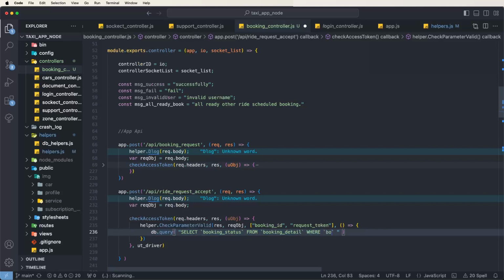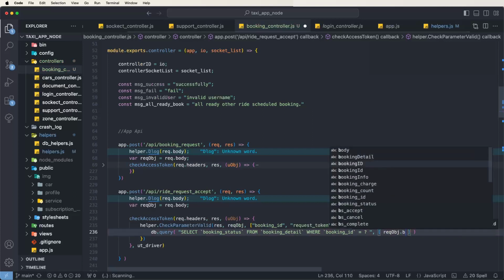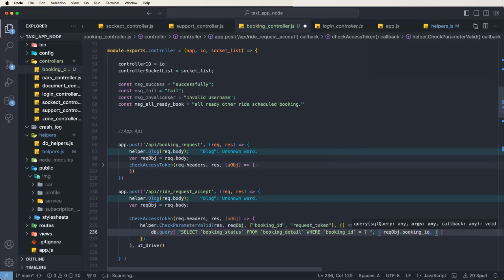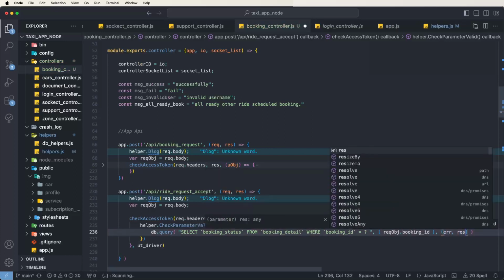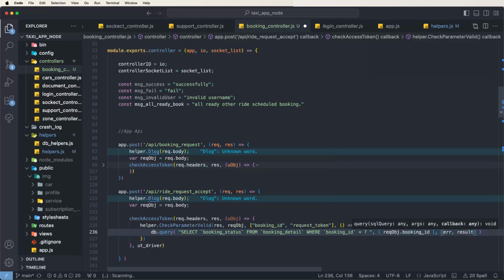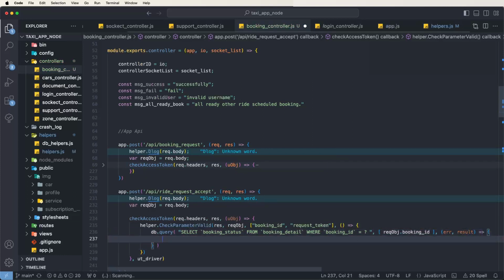We need to set booking id equal to a question mark like this. And then after that we pass the request object dot booking id as the value, and also get the response, errors and results, as values in the function. And like this we need to check here